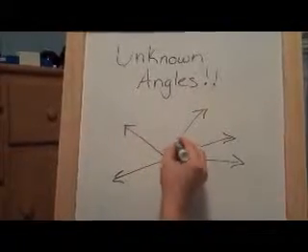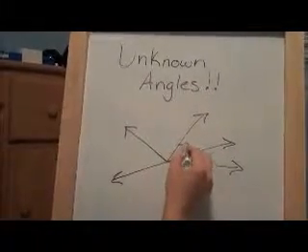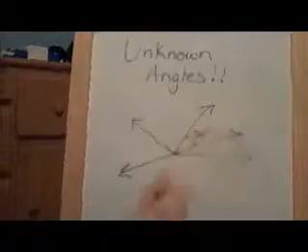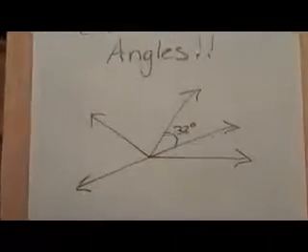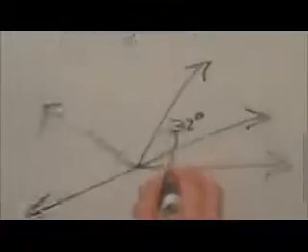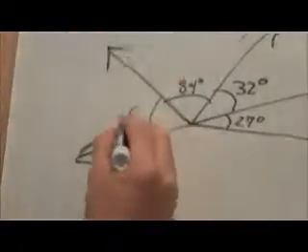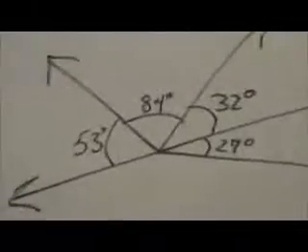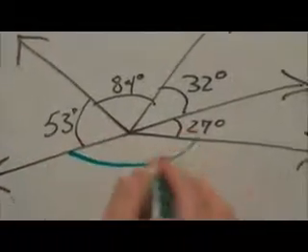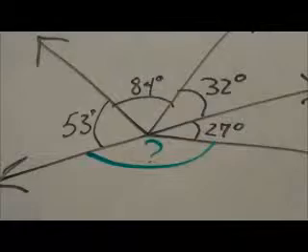And you're going to be given things like it's 32 degrees in this area. It may be 27 degrees in this area. It could be 84 degrees in this area. And it could be 53 degrees in this area. And you will be asked to find the missing